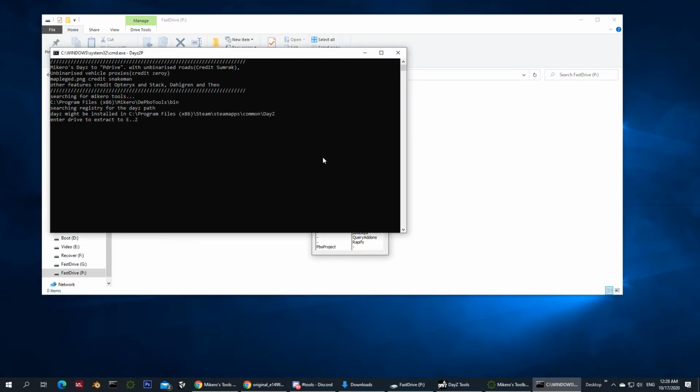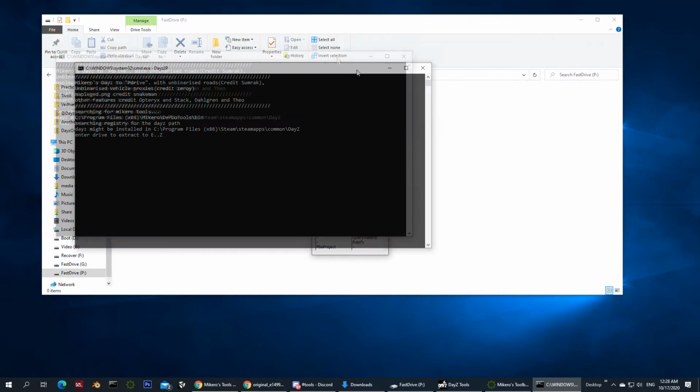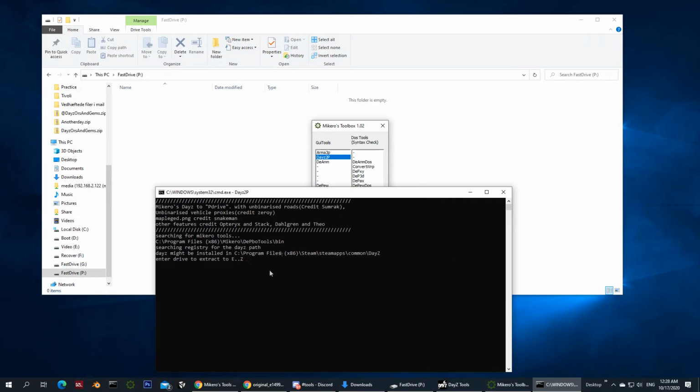So extracting the different game files to the P drive, I run the Days2P. I get this prompt. If you get some errors, that's because you haven't installed everything correctly. So read the documentation.